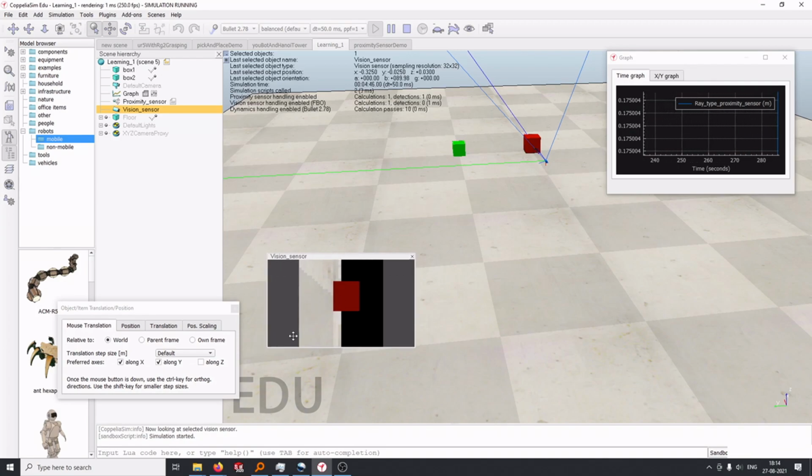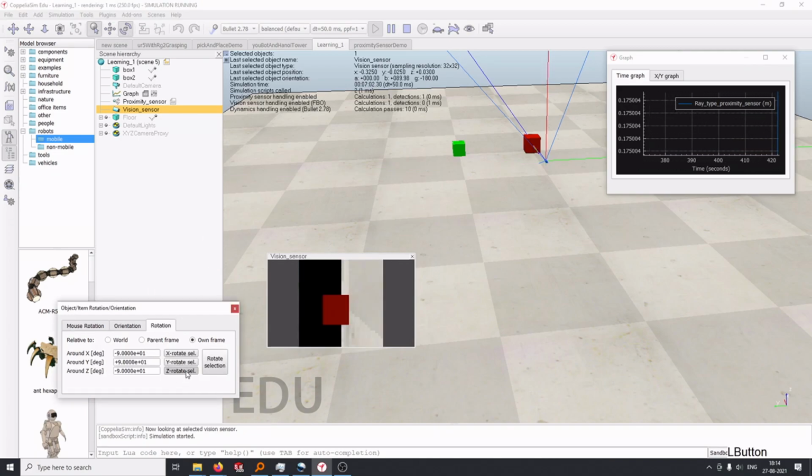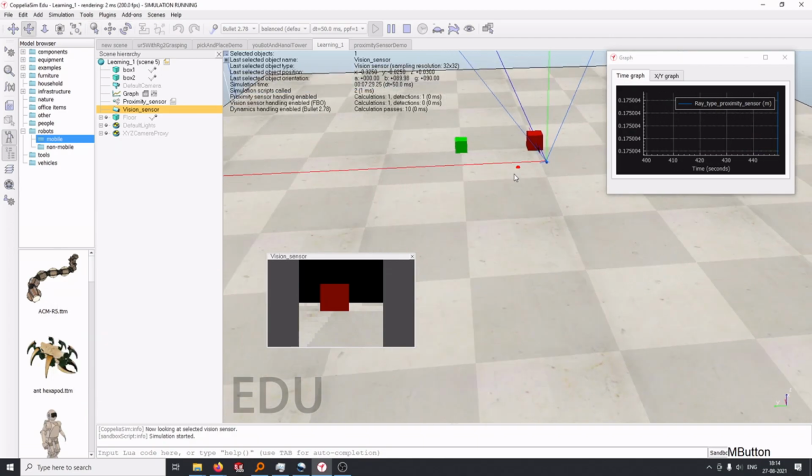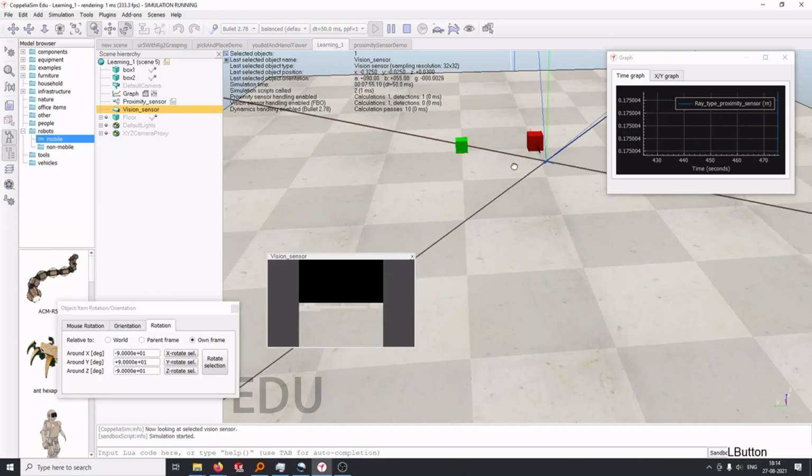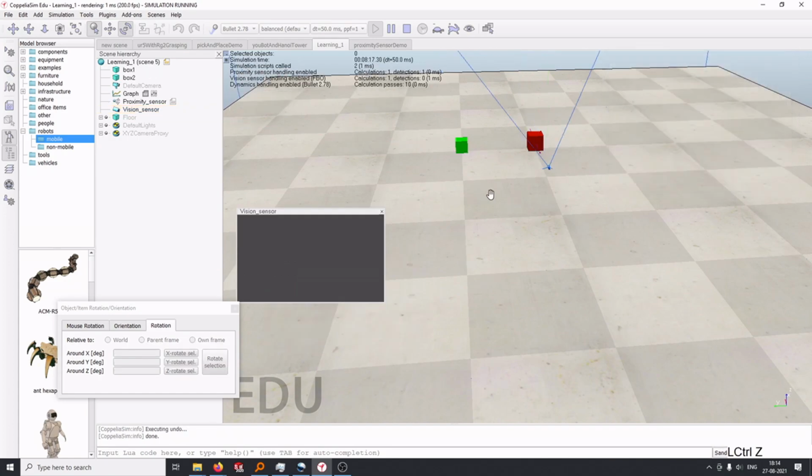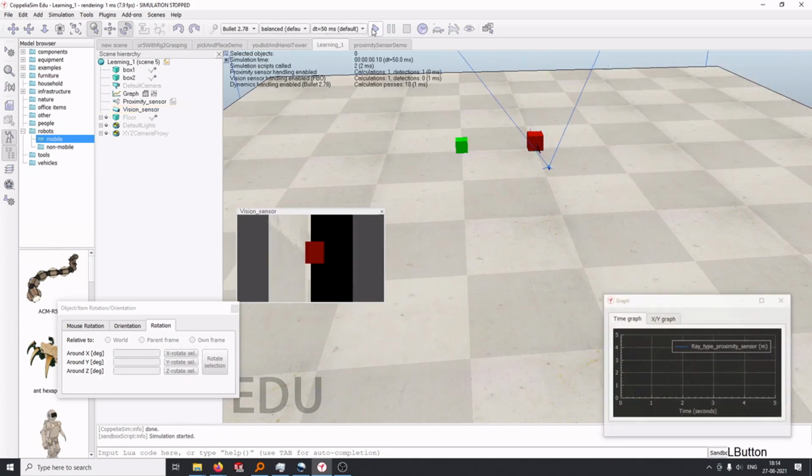We want it to be horizontal, right? So we can change the orientation of the sensor by rotation. We want to rotate it in the Z axis. We rotate it. Okay, so now it's a bit appropriate, right? Okay, we control Z this. Right, we run this.